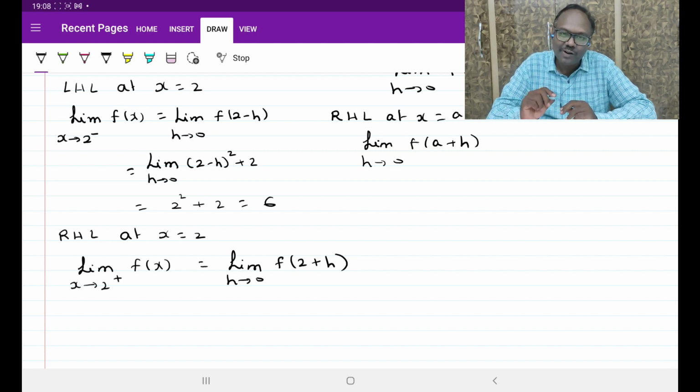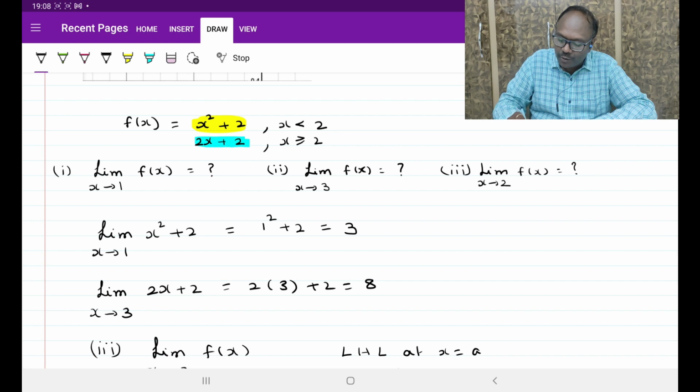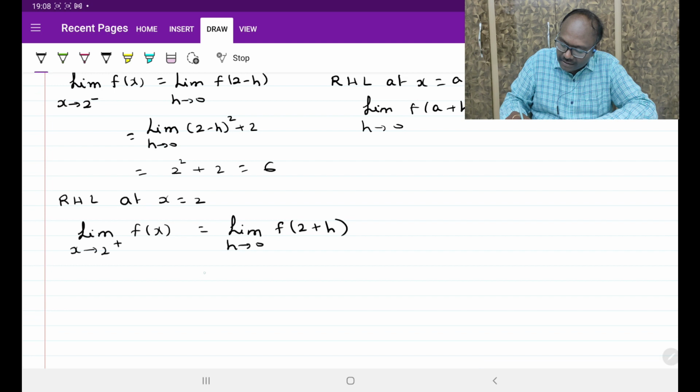By how much? By a small positive value h. So a very small positive value h is added to 2, so we get 2 plus h. So that means x is taking a value 2 plus h. So 2 plus h is obviously more than 2. So the suitable definition for that will be f of 2 plus h will be 2 into 2 plus h plus 2. So we write it as limit h tends to 0,